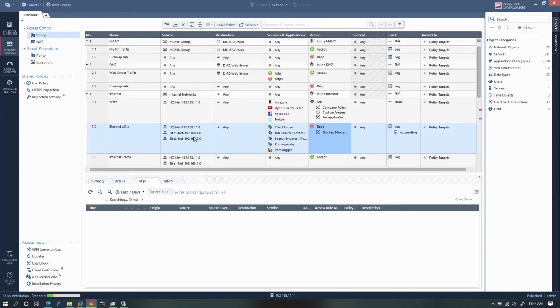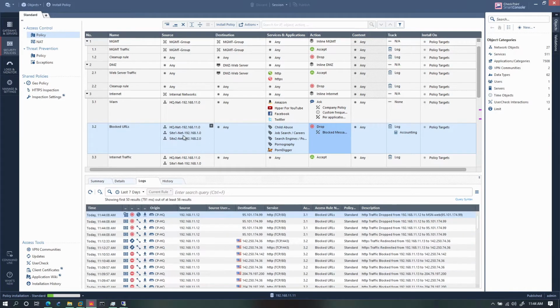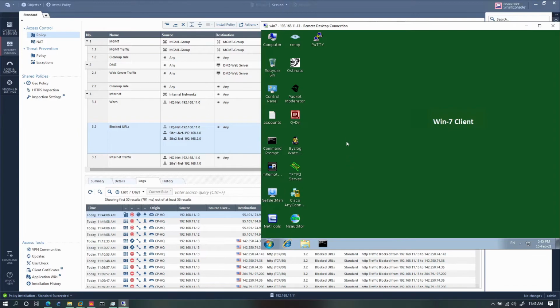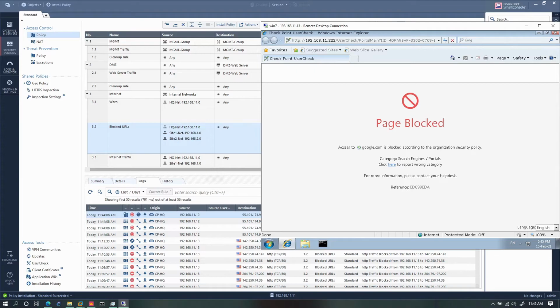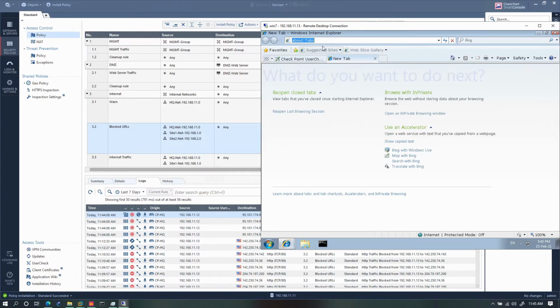So if you see here, previously in the URL filtering for all three sites, HQ, site 1, site 2, we blocked all these categories of URLs, and they were not getting any type of notification message that their traffic was being dropped by the company policy. So now they will get that notification message. If I browse, let's say, google.com, they will get this message, so they will understand that this page is being filtered by the company policy. Or let's say now if I go to amazon.com,